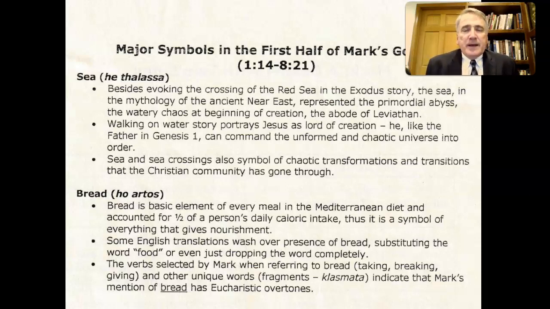And we've already made mention in a previous lecture that half the calories that a person gained in the Mediterranean diet during the first century was through bread. So key to life was bread. And unfortunately, in our English translations, invariably the translators will diminish the number of usages of bread, because it's a little awkward in modern day English to say, and they ate bread, and they ate bread, they ate bread. So they will say they ate food. So we don't get the same feel for how many times the word artos shows up in the first half